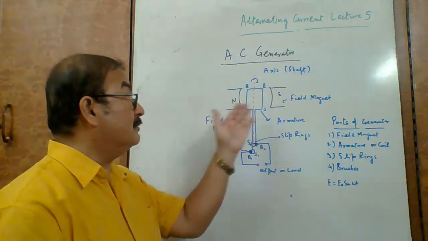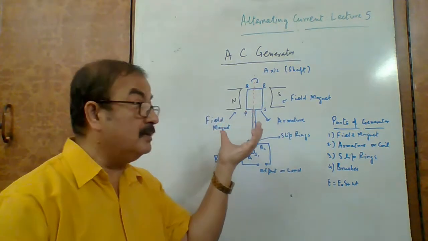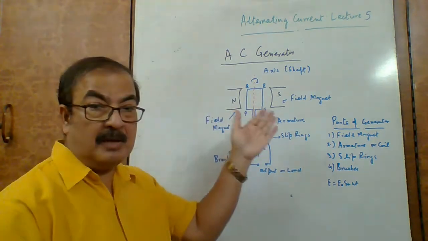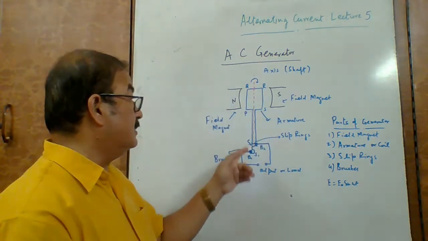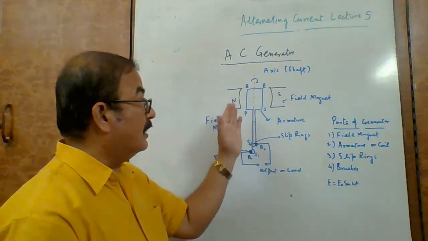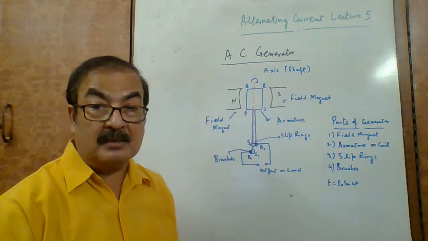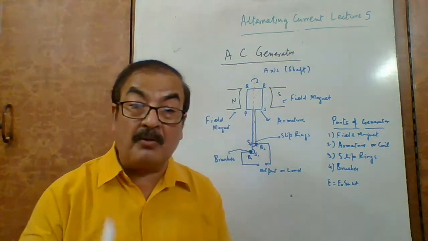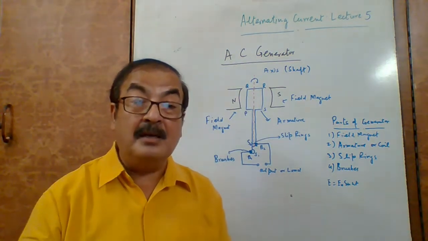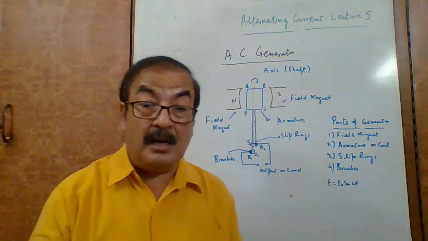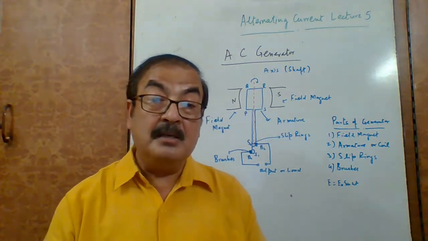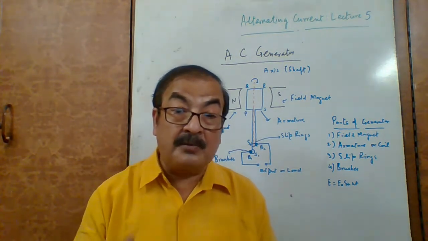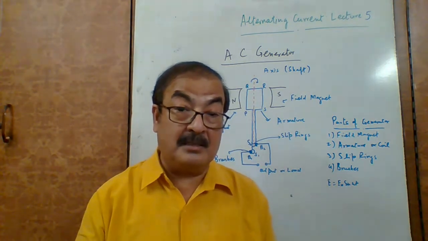We have a field magnet. Mostly we take a horseshoe magnet, or sometimes for a bigger generator we take an electromagnet. This is in fact a coil, or what we call armature. आर्मेचर क्या होता है, एक रेक्टेंगुलर कॉइल है जो कि इंसुलेटेड कॉपर वायर को वाइंड कर, किसके ऊपर वाइंड करते हैं, लैमिनेटेड आयरन कोर. Remember, when we wind the insulated copper wire on the laminated soft iron core, and that is placed between the field magnets,